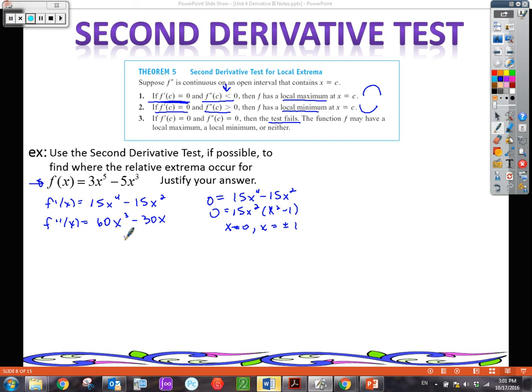So let's do that. f double prime of 0 is 0 minus 0, or 0. Oh, okay. Well, we just looked at item number 3. If the first derivative is 0 and the second derivative is 0, then the test fails. We are only asked to use the second derivative test, and we're supposed to find where the relative extrema are. So at x equals 0, the test fails